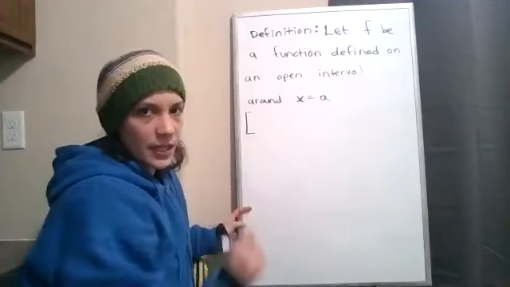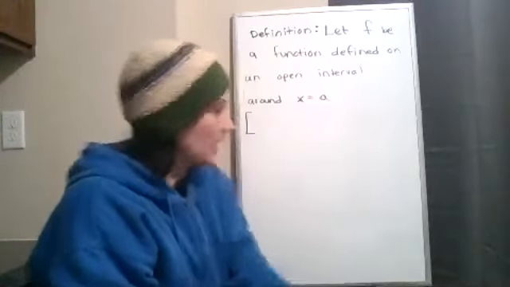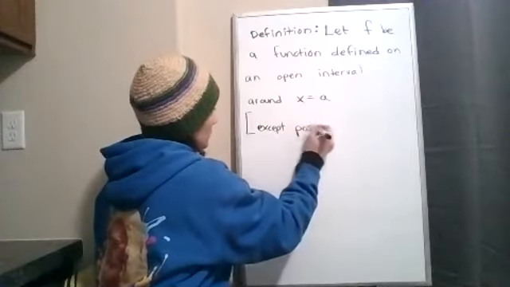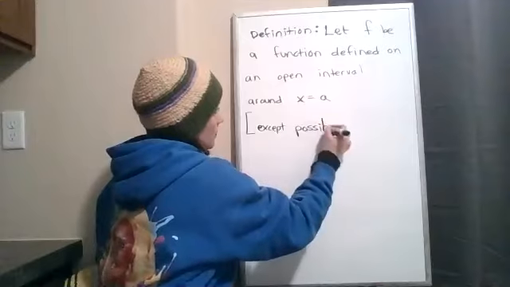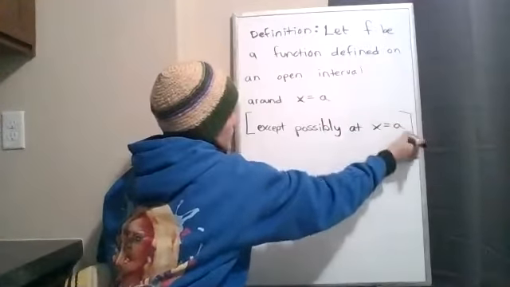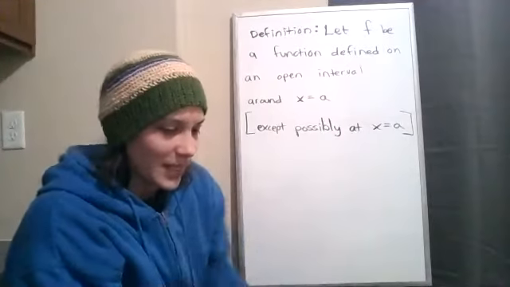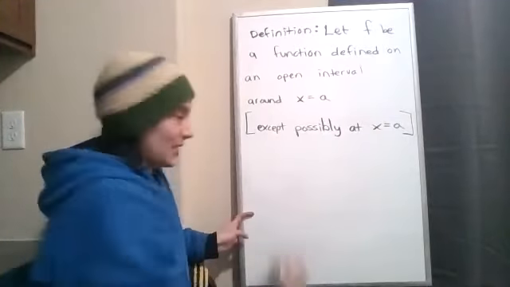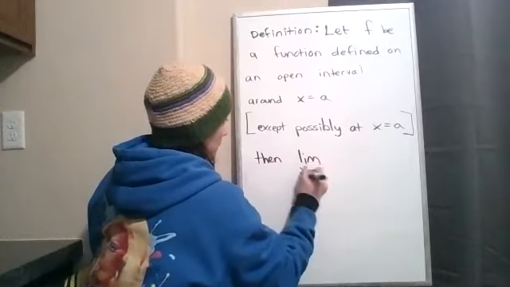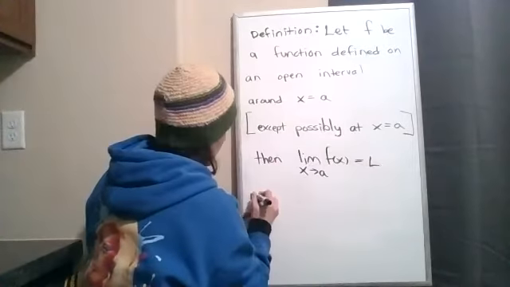But as I mentioned, it's okay if you're not defined right at a, so except possibly at x equal to a. Then the limit as x goes to a of f of x equal to L means